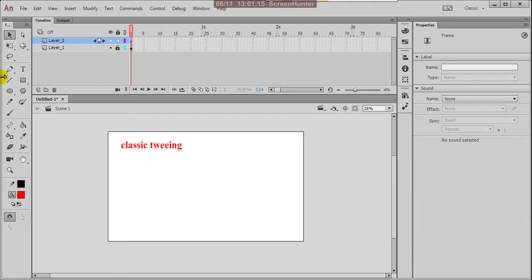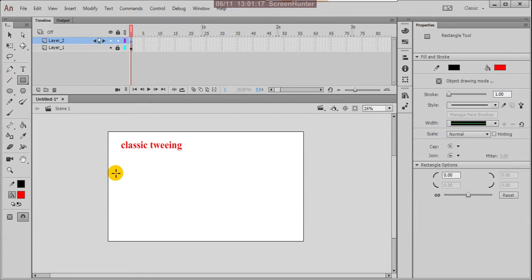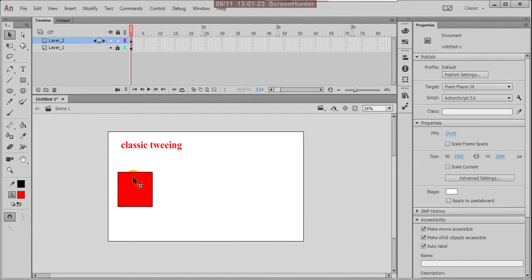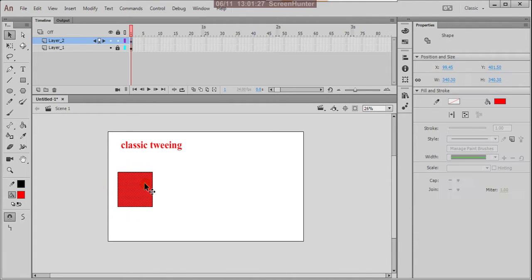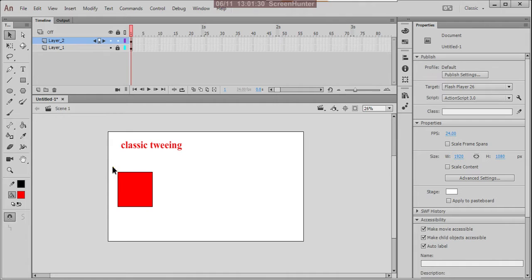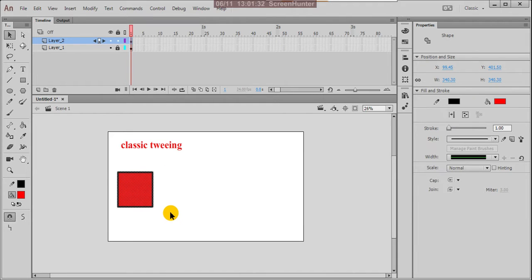Now here what I'm doing, I'm giving one frame here. The frame or drawing, whatever your character might be. This is my drawing frame, and if you observe on the timeline, I placed it at 1.